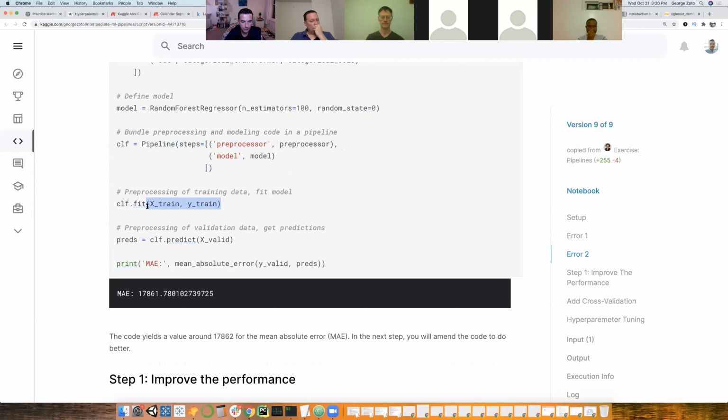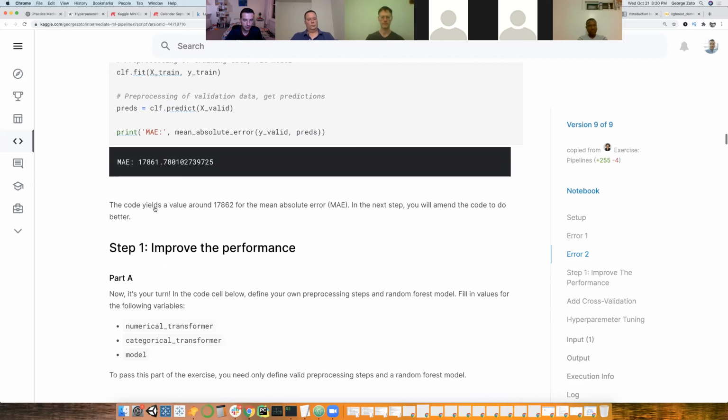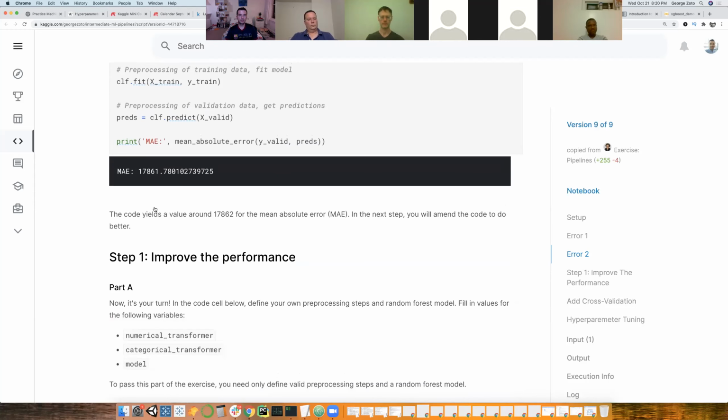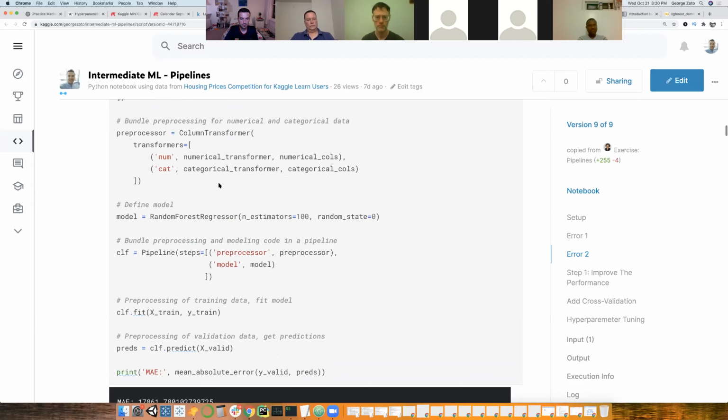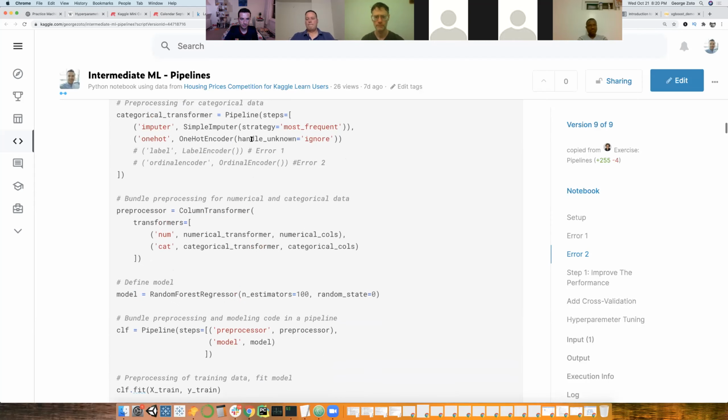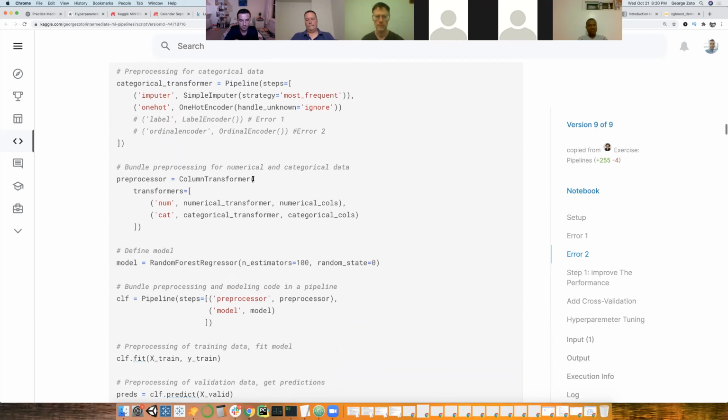We feed it the X-train and Y-train. We predict using the predict method. We get an MAE of about 17,000. Cool. So this is our baseline basically for this data set. Using these specific options for numerical and categorical transformations, this is what we got.